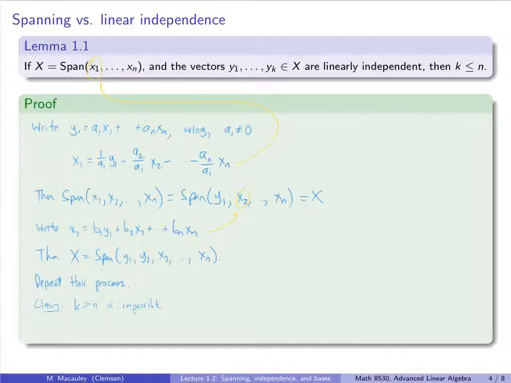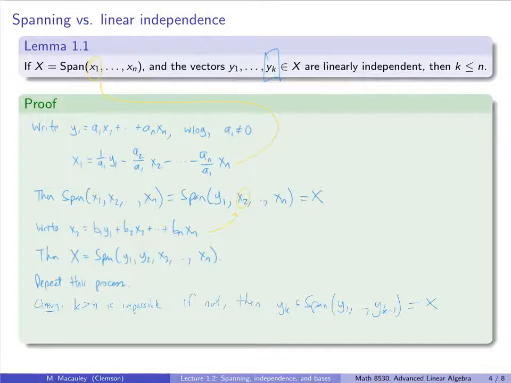Because if not, then what we would have is the very last vector being unused. So then yk would be in the span of some of the yi's. So let's write y1. There's nothing wrong with being generous and throwing in all the way up to yk minus 1,